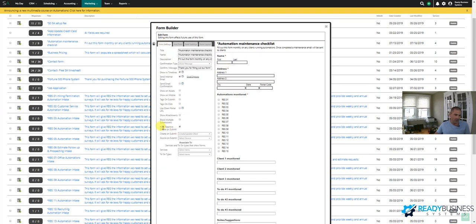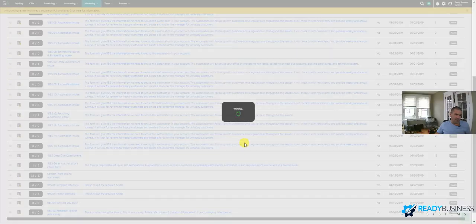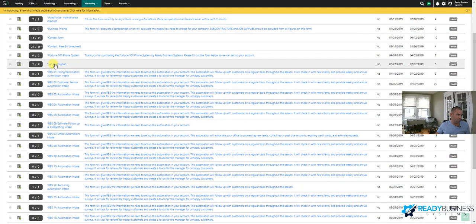And lastly, you need this auto approve create on submit. You don't need this, but it would just mean you'd have to manually approve the forms every time. So the easiest way is just to have this checked off, and then that's it. So if we save and close this, I just want to show you if we did not do that create